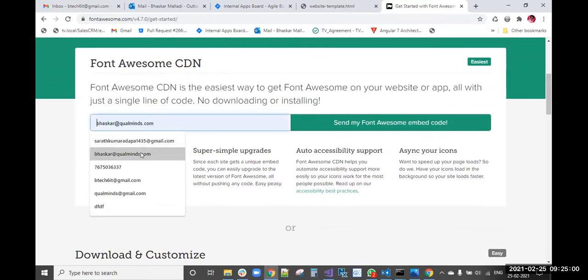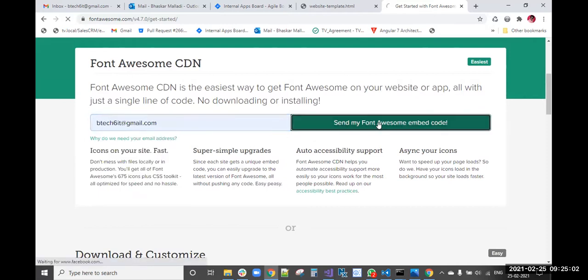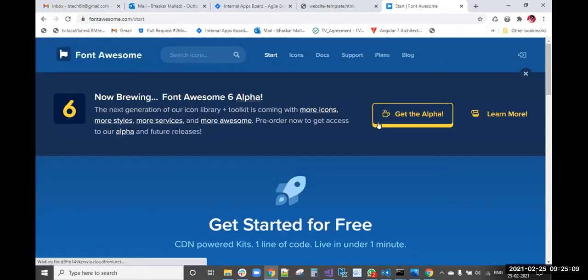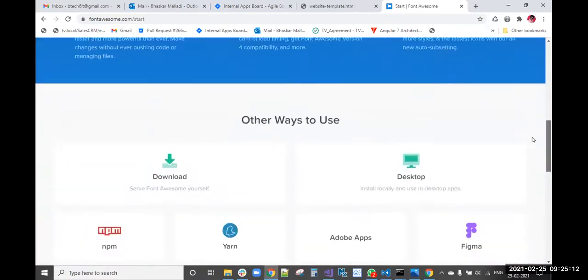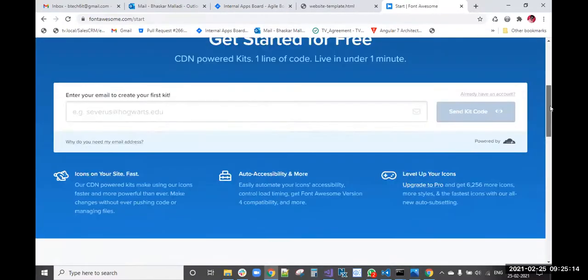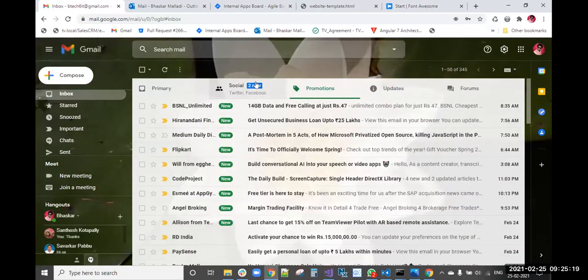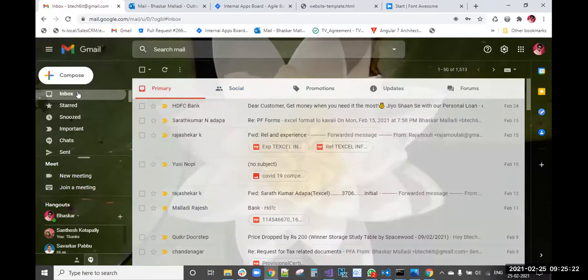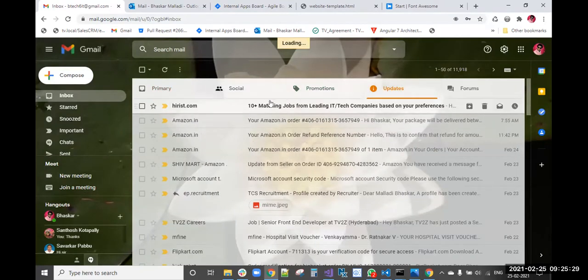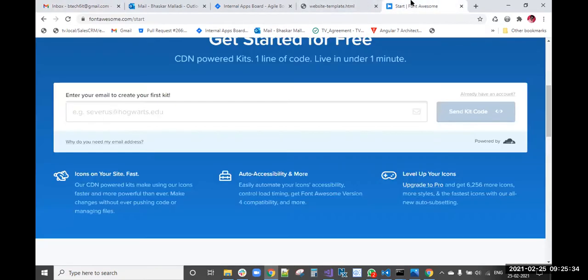Here it is asking for an embedded URL, so I am sending my email address. We need to include that in our current HTML file, because of that only it is asking for the URL.